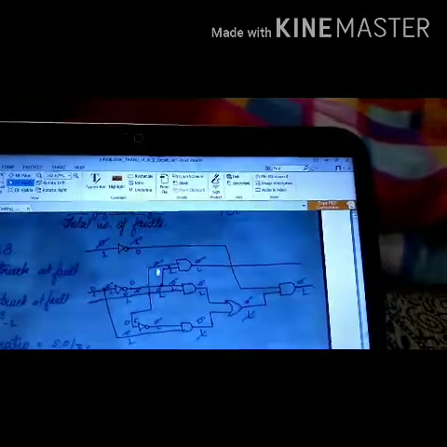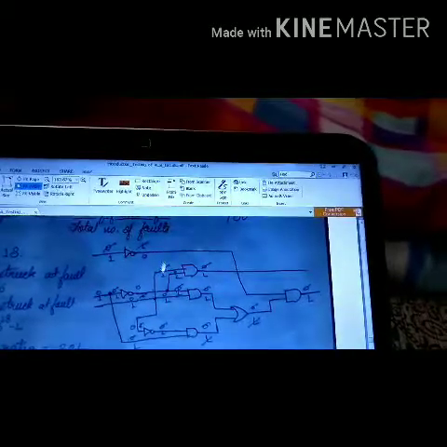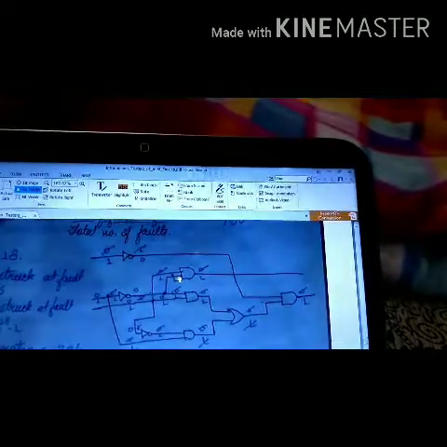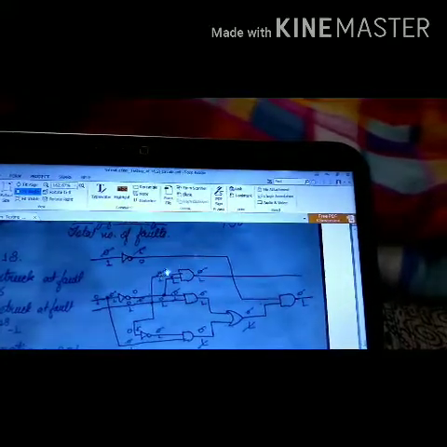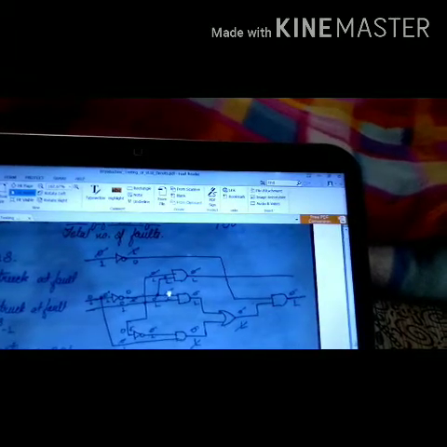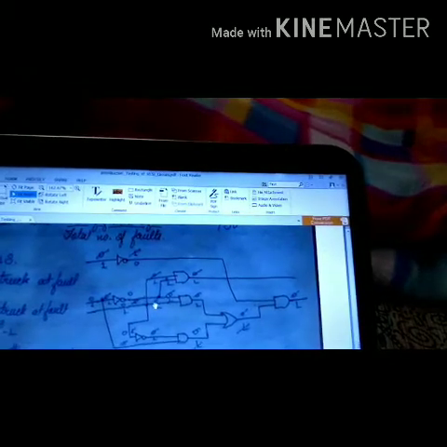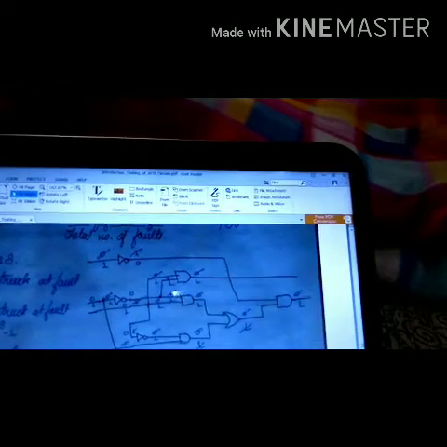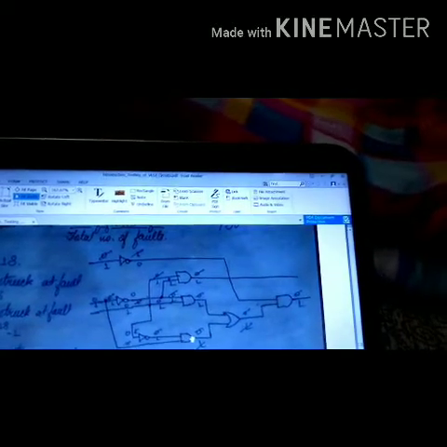Okay, then coming on to this NAND gate, it is a branching statement from this, so it has got its individual 0 and 1. It is also branching, so it has got individual 0 and 1. So any one of these stuck at zeros can cancel this stuck at 0. So I have cancelled this with this. Similarly, because it was a branching statement, this will not affect this, so it has got individual 0 and 1, and this line has got individual 0 and 1. So any of these stuck at zeros, this one or this one, will cancel this stuck at 0 fault. So I will cancel this stuck at 0 with this stuck at 0. So all these three NAND gates have now been dealt with.